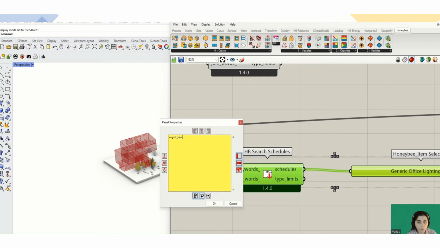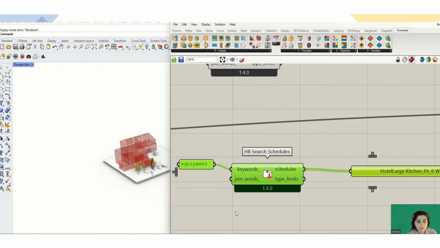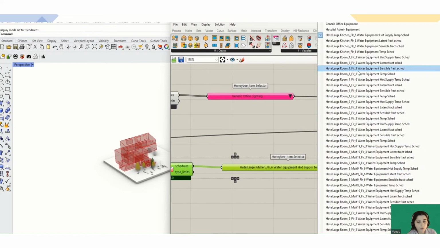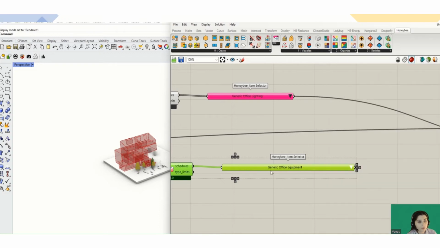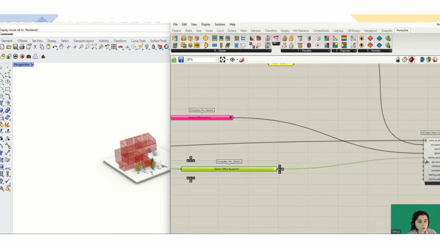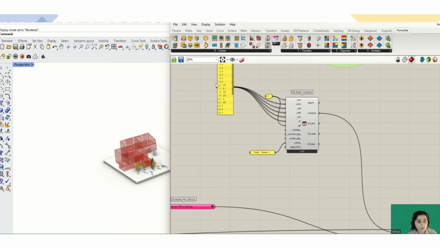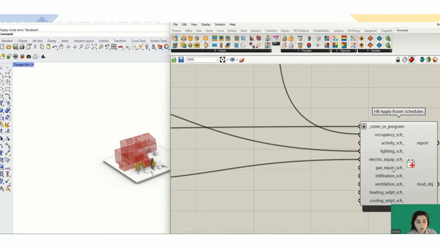Let's go for equipment. As you can see, we have different options. Just pick up one of them according to your project or whatever you want. For now, just for generic office equipment, add the electrical equipment schedules. So you can add this weekly schedule as well. It's up to you. For gas equipment schedule,